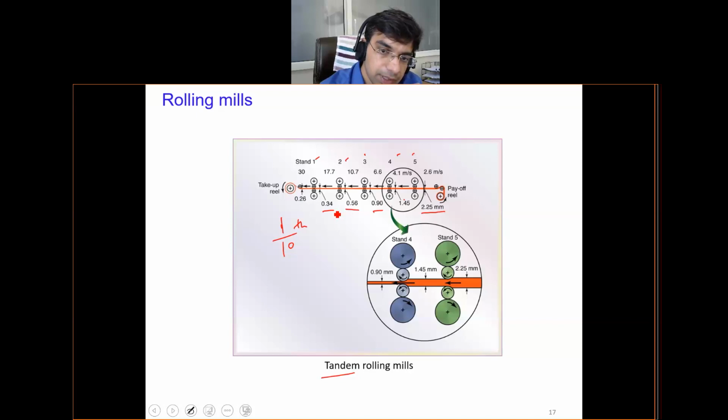As it passes from one set of rolls, or we call it a stand of rolls, sets of rolls are also known as stands of rolls. The next stand takes up the sheet, further reduces the thickness, then sends it to the next stand. It means the rolling mills are working in tandem, or in sync, and most rolling processes are configured this way. You don't have to reduce the thickness in one set; rather, you can have multiple sets which go on reducing the thickness as the workpiece passes through, and you can get a very good quality product without expending too much energy.